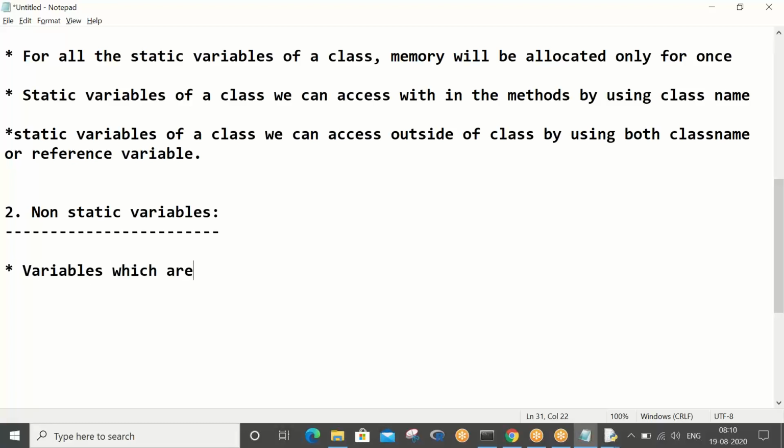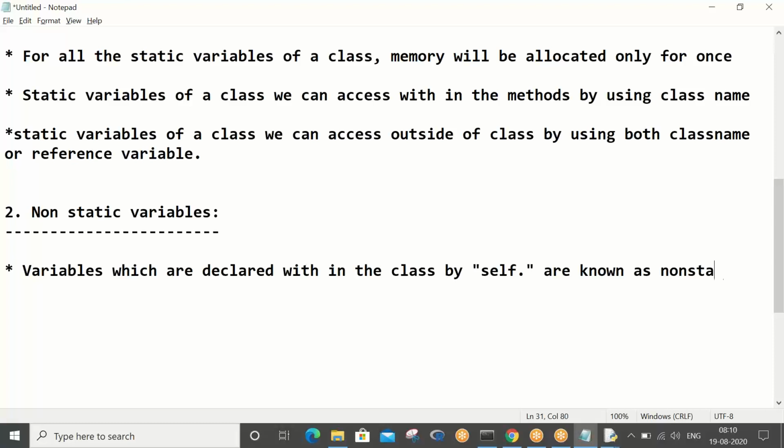Variables which are declared within the class by self dot, you can put it in double quotes, by self dot, are known as non-static variables.